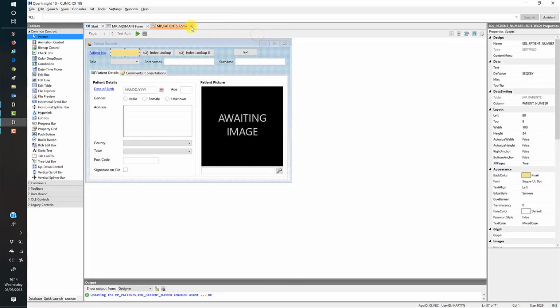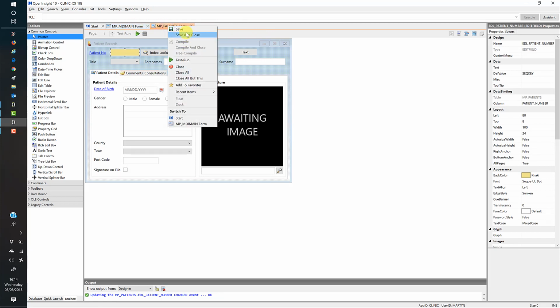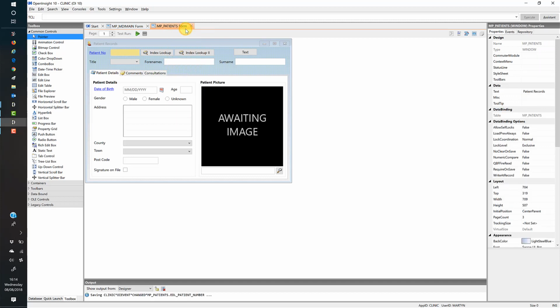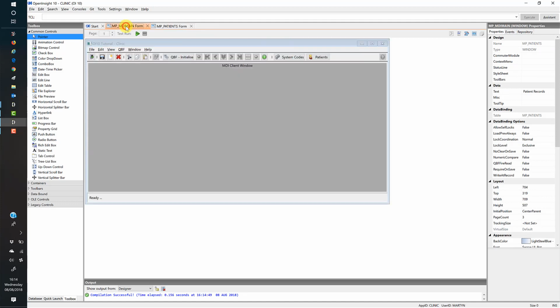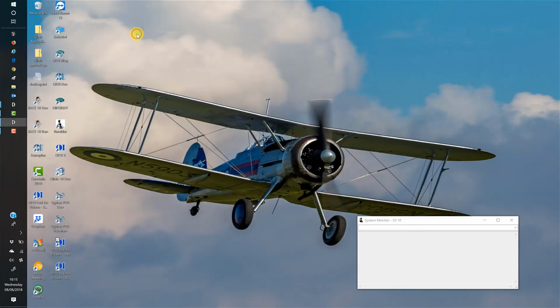We'll save and close. Now we could just jump into the main form and run it, but I always do a save here so that the form is compiled as well, so it will use the code that we've just changed. If not, I find sometimes it doesn't use the code that we've just compiled, so I make sure that everything is all hunky-dory. So if we now test run the form,